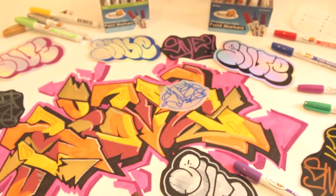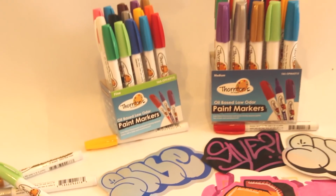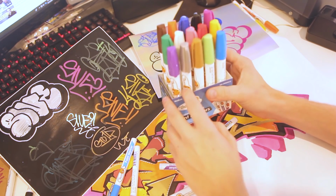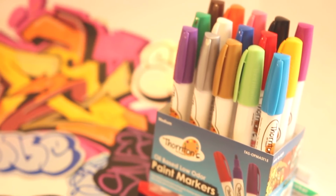The oil base clearly bonds to the surface well. I wasn't able to easily scratch it off. That's something that acrylics really have nothing on. And not to mention you get this awesome organizer packed with it all. That definitely has to add some value in making the purchase, and putting each marker at basically $1 a piece and then maybe $5 towards the organizer, you really can't go wrong with the fact that it's 20 bucks for